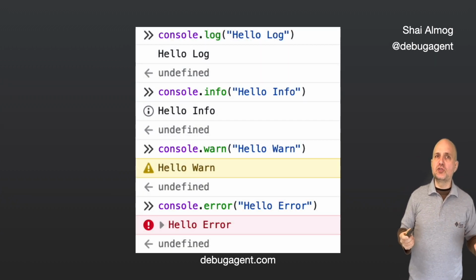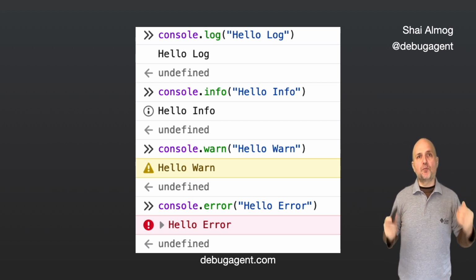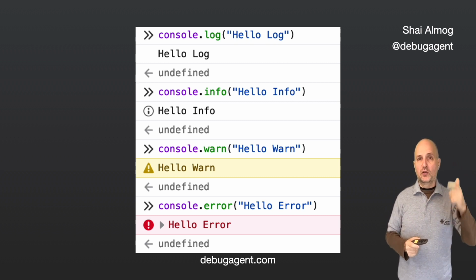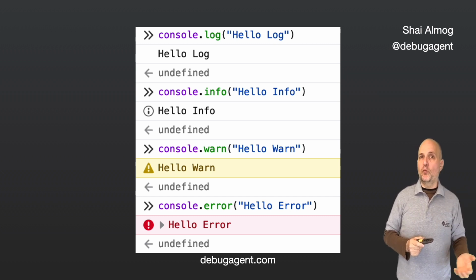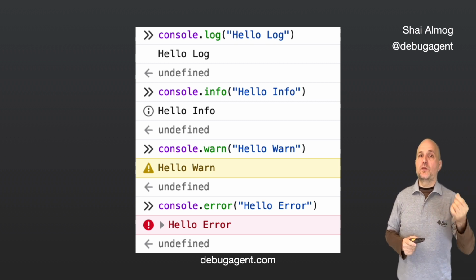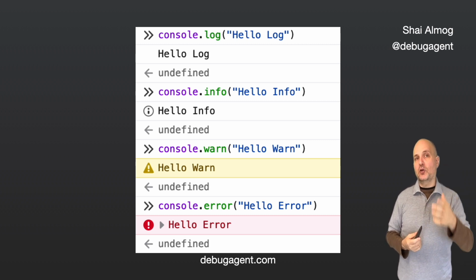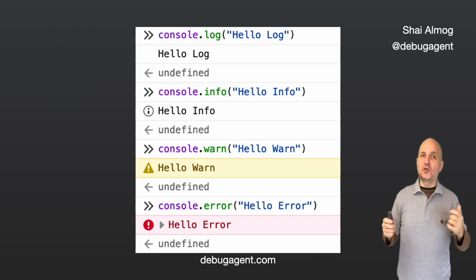One of the big advantages console has over simple print statements is its support for log levels. There are 5 supported levels: log, debug, info, warn, and error. Log and debug are indistinguishable from one another, and info is sometimes rendered in the same way. Here we can see the output of each level. The browser lets us filter the output so we can focus on a specific logging level, similarly to typical server-side logs.